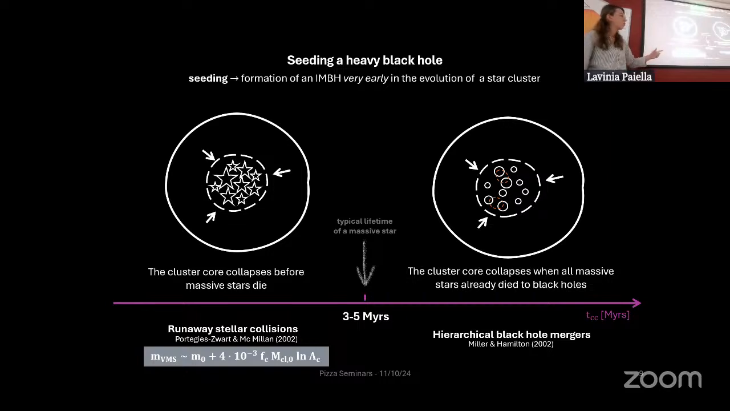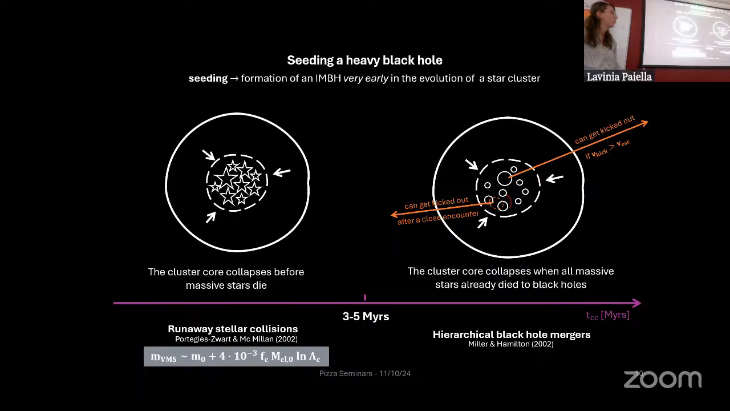This scenario for the formation of IMBHs is called the hierarchical black hole merger scenario because indeed you go through repeated mergers of tiny black holes. Now, the problem with this scenario is that it's not so easy to actually repeat many mergers all over again, because there are some conditions for which your black hole or your binary may be kicked out of the cluster at some point. Either your binary can gain some kinetic energy by close encounters with other tiny black holes in the cluster and gets recoiled out of the cluster,